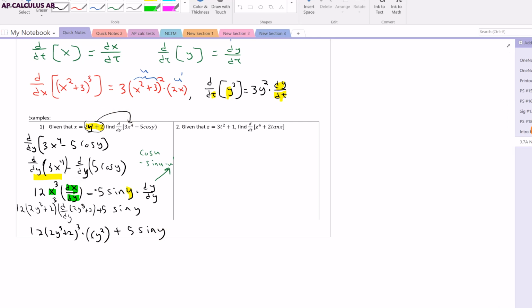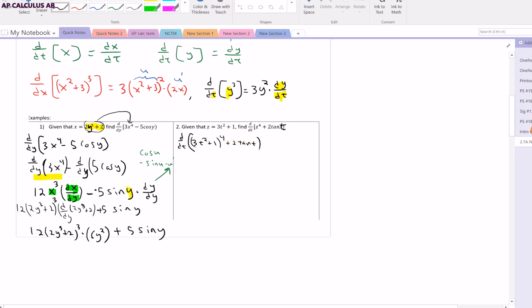When you fix these variables, we have z equals 3t squared plus 1, and then over here we want to take the derivative with respect to t. I take the derivative with respect to t of z to the fourth plus 2 tangent t. All right. There are two different ways I could do this, right? The first way, I could just go ahead and substitute, right? So I could just take this z and plug it in here, and I'd say, well, z is 3t squared plus 1. So I'm going to write 3t squared plus 1 to the fourth power plus 2 tangent